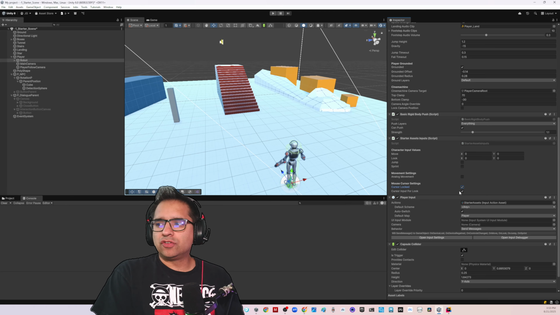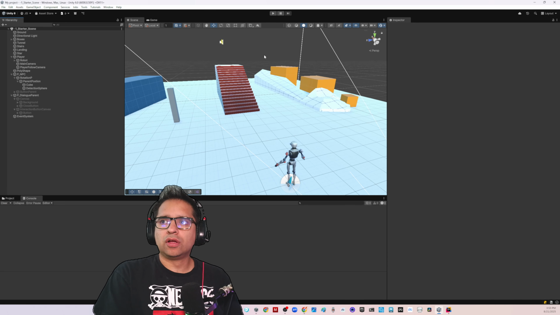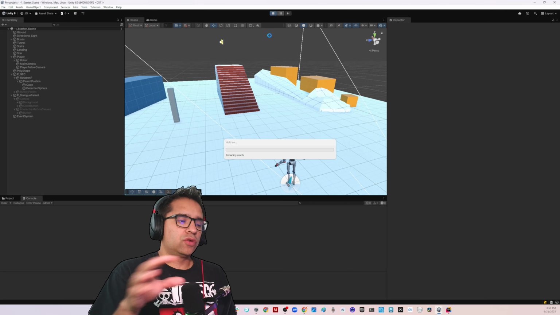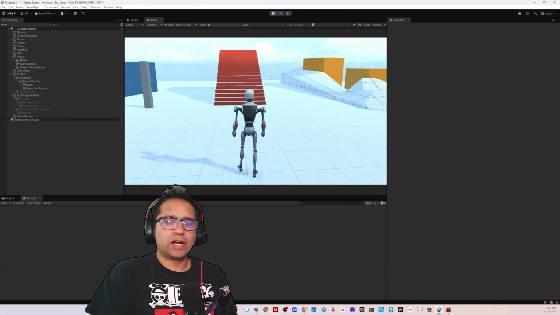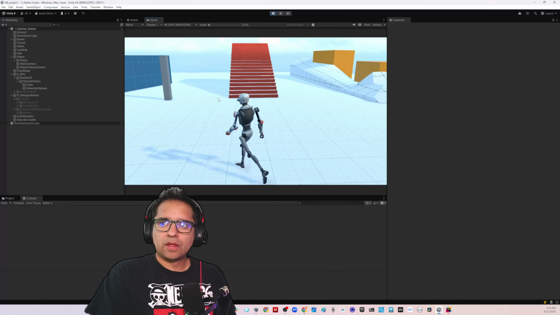By default these two are locked, so what I would do first is unlock. If you're going to use the UI, you need the cursor unlocked, and then cursor input for look. And now it's going to look where the mouse is. So you have to think about the experience. See, right now it's locked, but the cursor, I can still use it. So let's go look into it. So if we go here,